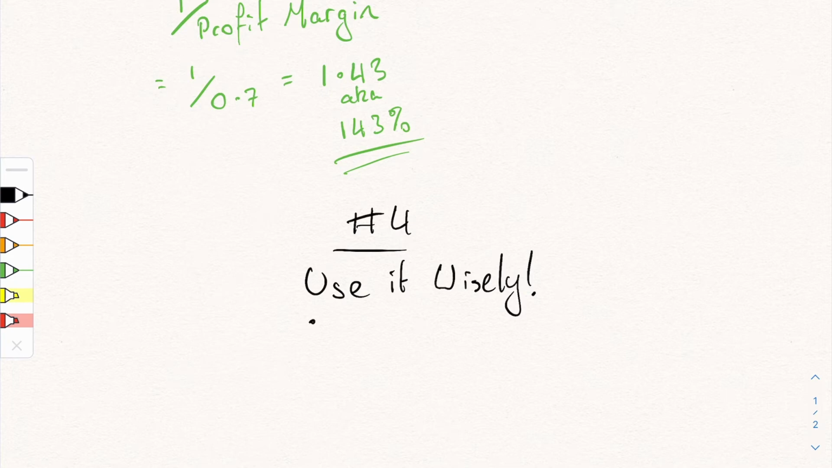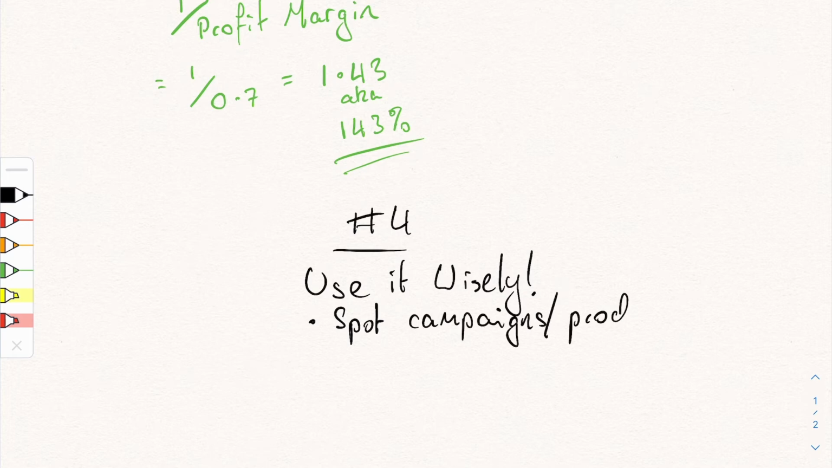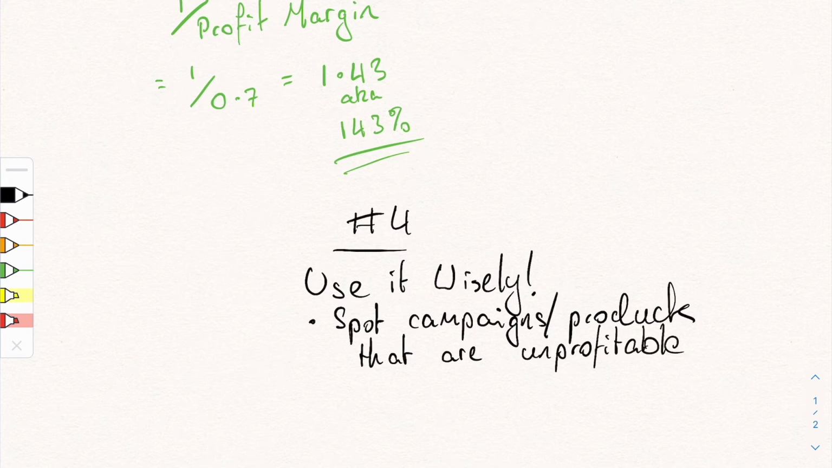And spot the campaigns or products that are unprofitable. So this bit is fairly elementary, dear Watson. That step is obvious. Now the less obvious step, and a mistake that I see a lot of people making,